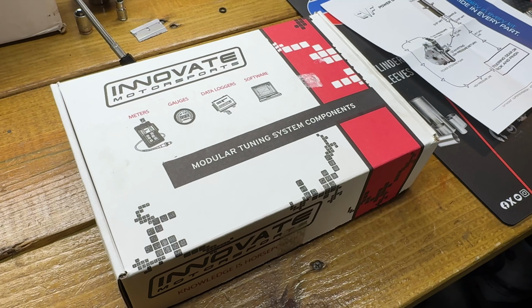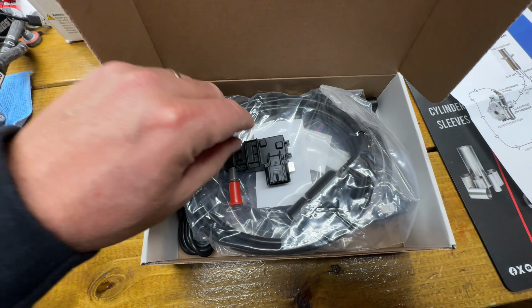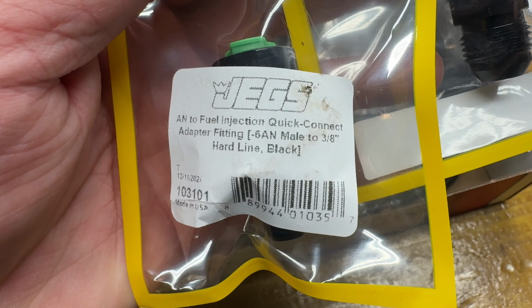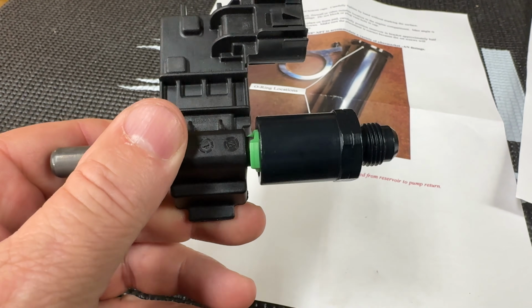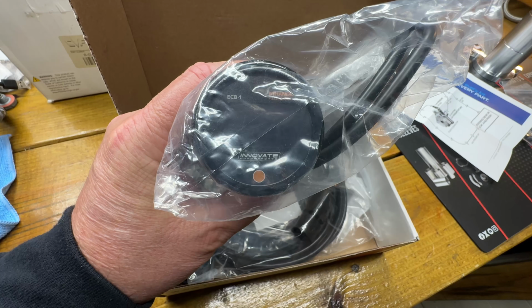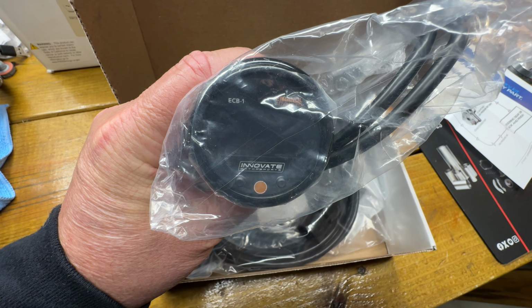Let's see, what else is going on around here? I know I'm forgetting something. Oh yeah, I know what I was forgetting. I bought this new Innovate air-fuel ratio monitor, and it also tells you what the ethanol content is of your fuel. It's got this little inline sensor, and I bought fittings from Jegs that adapt this newfangled fuel line to 6AN or whatever, AN fittings. So we're going to work on that, probably get that put in the car this week, I hope,